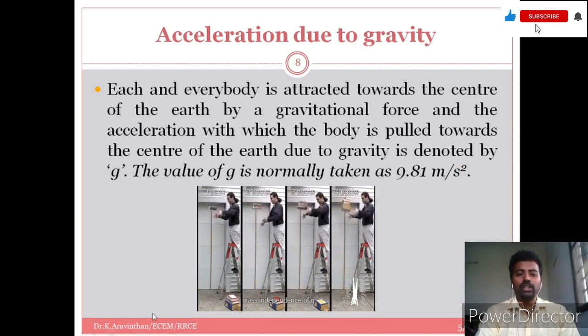Each and every object in this world is being attracted by the same acceleration. So here you can see that in the first case you are having one book, and if you are adding two books, 3, 4, like that, the mass is being increased for each and every book, so the weight of the book will be increased. Even though, if you drop from a particular height, all the objects will be attracted by the earth with a common acceleration called g. So this will be 9.81 meter per second square, so that all the books are attracted with the same acceleration.